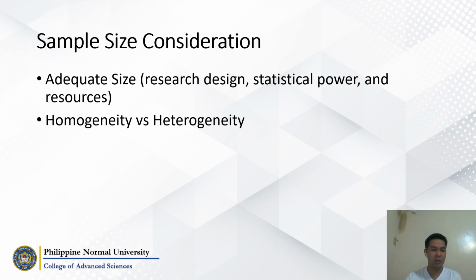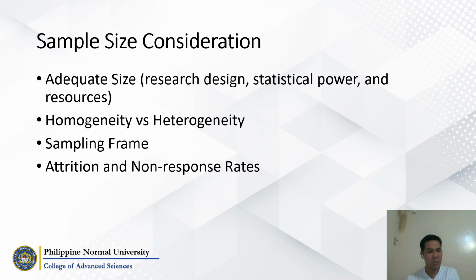Also, you are going to look into the homogeneity or the heterogeneity of your participants. Look into your sampling frame that would cover and that would make your research robust, especially your results. The attrition and non-response rate. So you consider also what is the minimum number of participants that could be credible enough to justify the results or the findings, and you provide an allowance so that if there is an attrition or non-response rates, at least you still reach the minimum number of